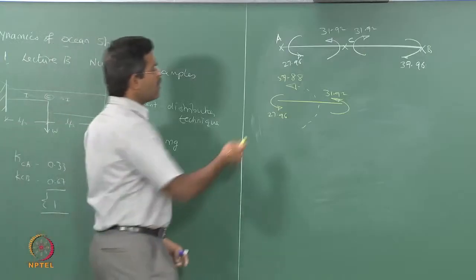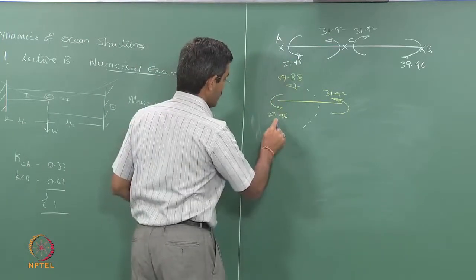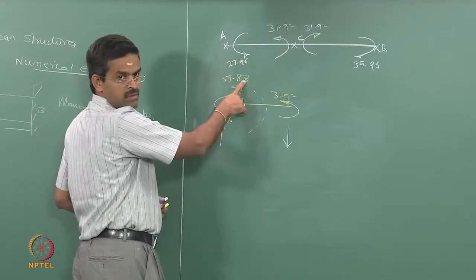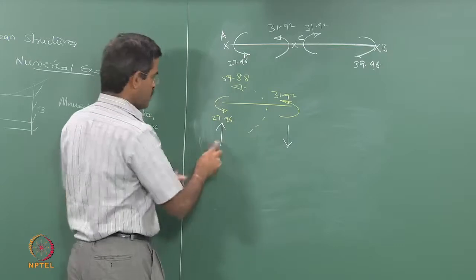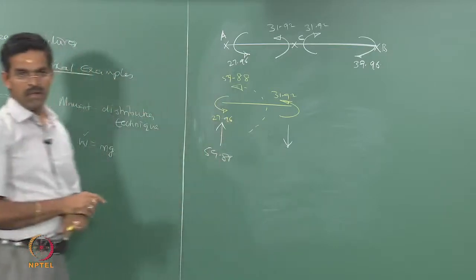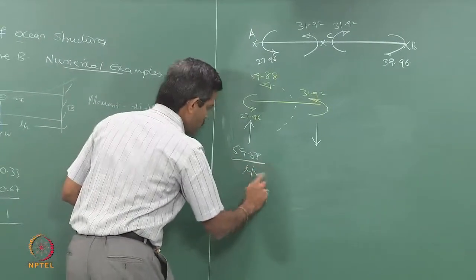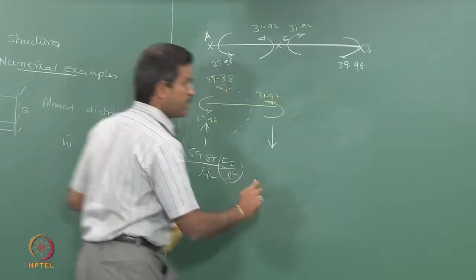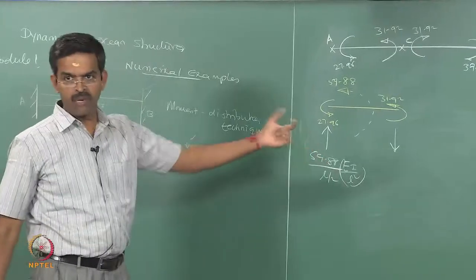Right. So, when I got an unbalanced moment of anti-clockwise 59.88, it should be balanced by a couple which is opposite. Now, this couple should be clockwise, which will balance this, and couple is nothing but force into distance. I know the distance is L by 2, I want to find the force. So, this is simple 59.88 by L by 2, and EI by L square is already there, because these numbers do not make any meaning except that multiplier of EI by L square.